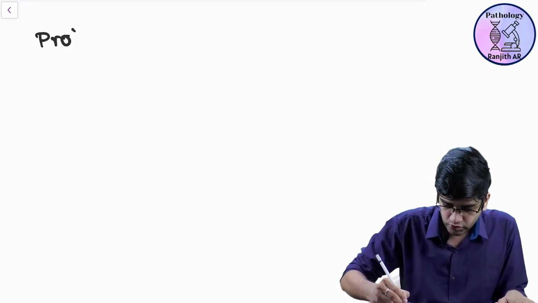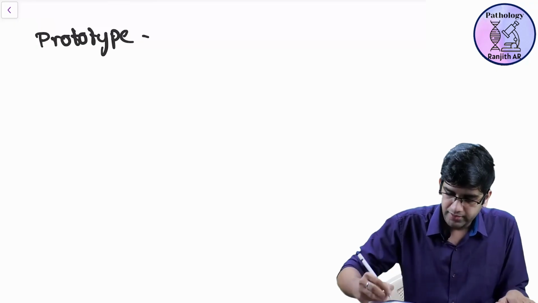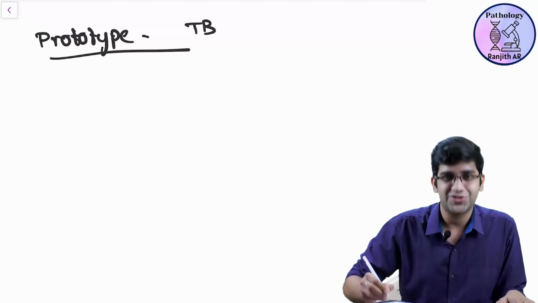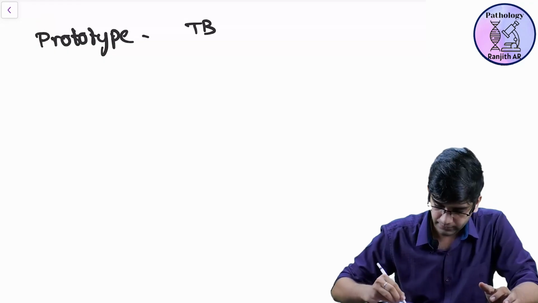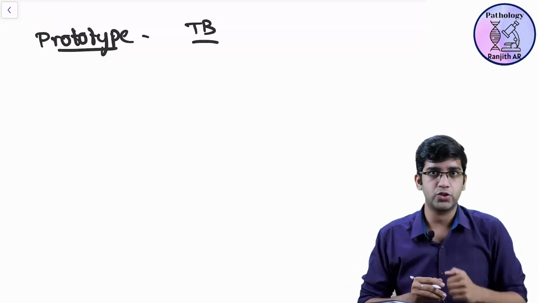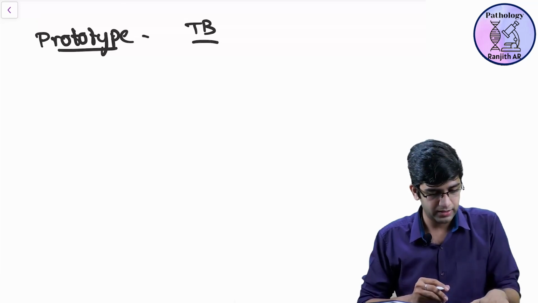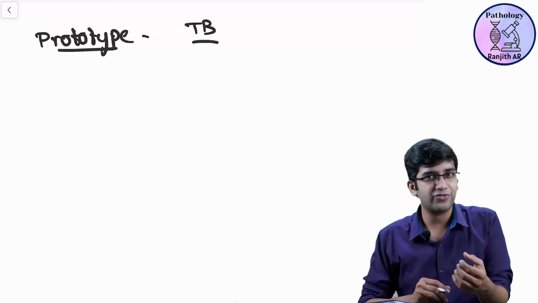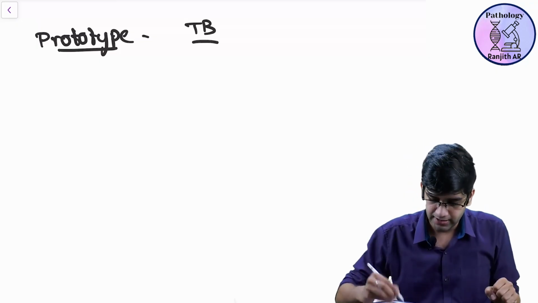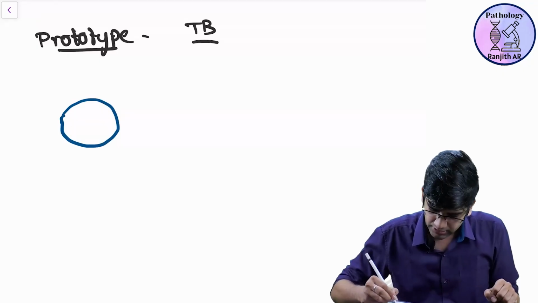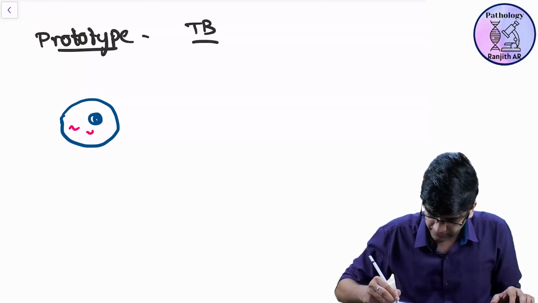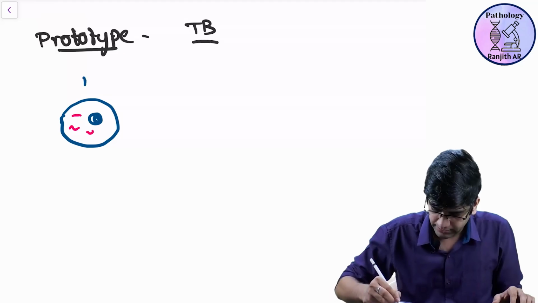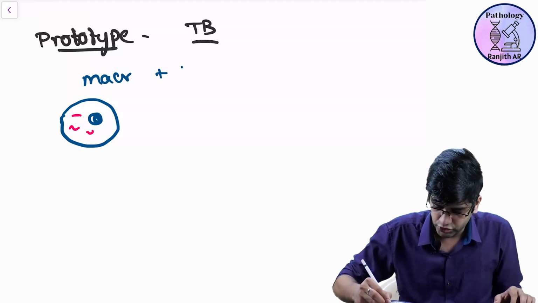We're just going to take chronic inflammation, and the prototype we're going to discuss is the ever amazing tuberculosis. That's what we want to see. So I'm going to have a cell, which is my macrophage, and my macrophage is going to ingest the TB organism. Let's say this is a macrophage. What happens is the macrophage is going to try to eat my tuberculous organism, the TB bacilli. I'm writing macrophage plus tuberculosis bacilli.